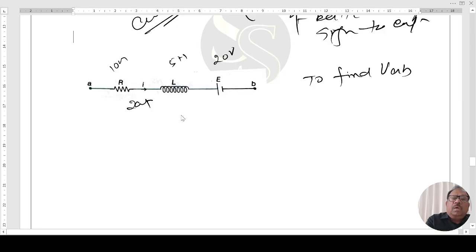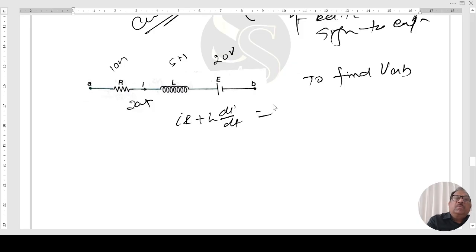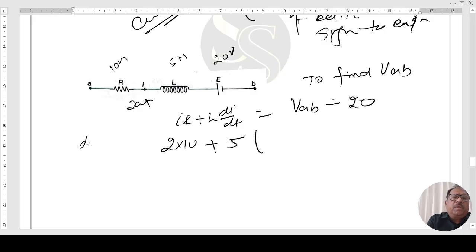So I into R plus L di by dt will be VAB minus E, minus 20. This is 20 volt. Then IR, I is 2 ampere, 2 into 10 plus 5 into di by dt. Di by dt is given to you